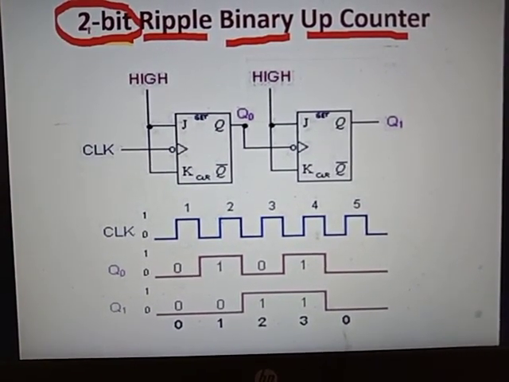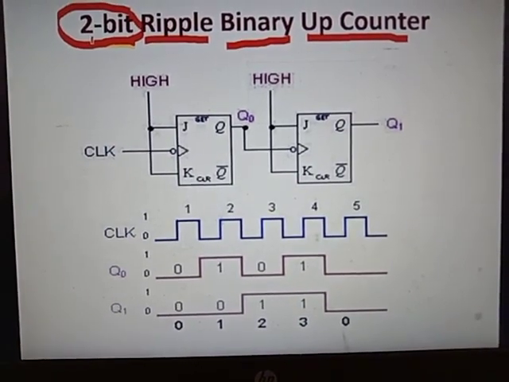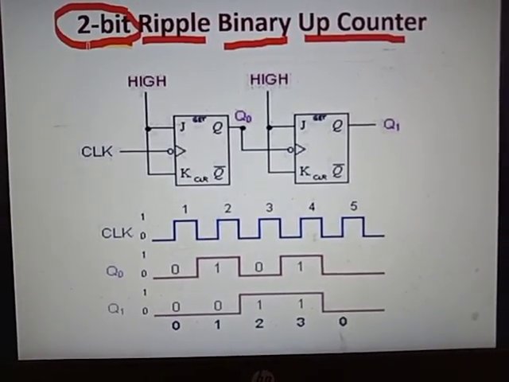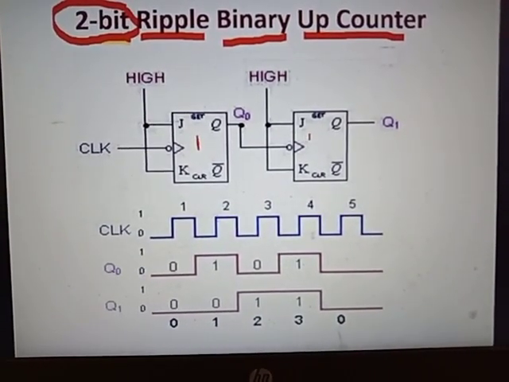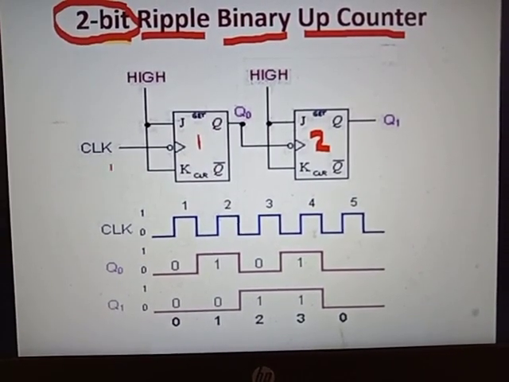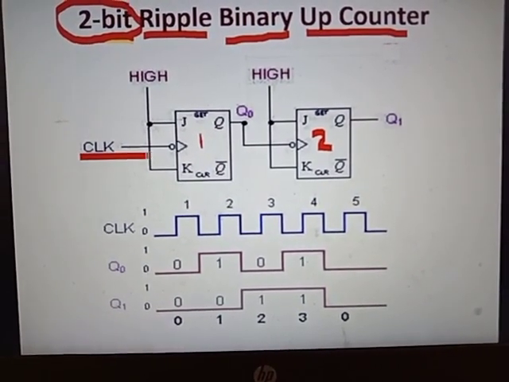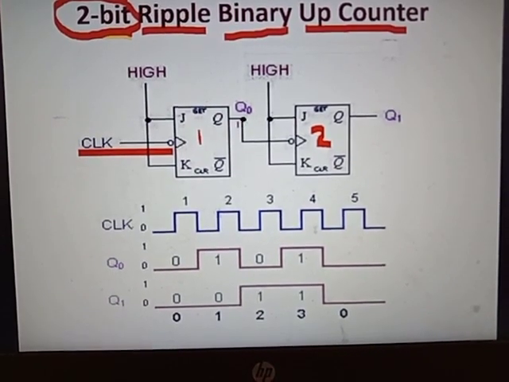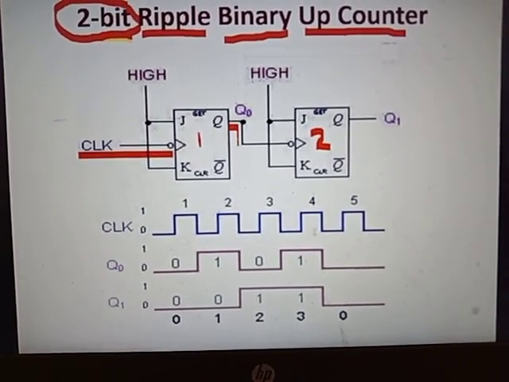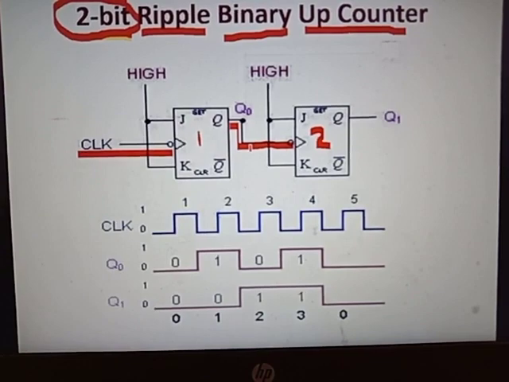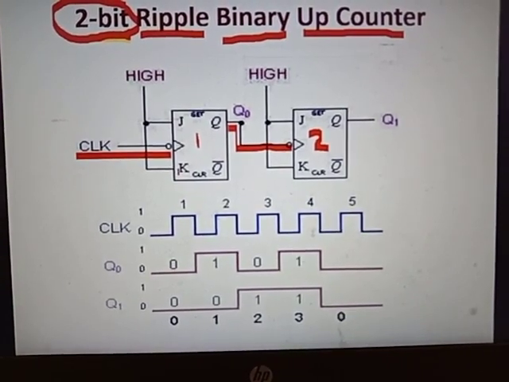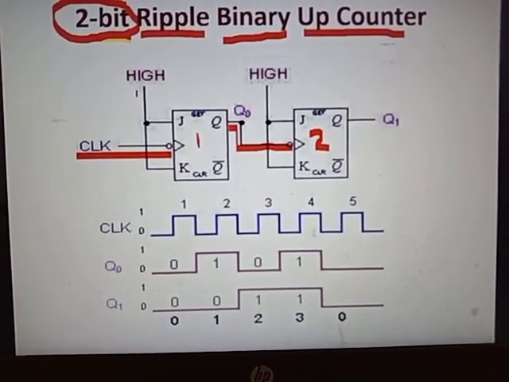Since it is an n-bit counter, as I already told you, for an n-bit counter you require n flip-flops. So it's a 2-bit counter, so you require 2 flip-flops. This is the first flip-flop and this is your second flip-flop. Clear? And I have taken the example of JK here. If you see, the clock pulse is directly connected to the first flip-flop alone. The output of the first flip-flop is connected as the clock pulse of your second flip-flop. This tells you this is a ripple counter or an asynchronous counter. That's all. And then the inputs J and K are connected together to a high value.